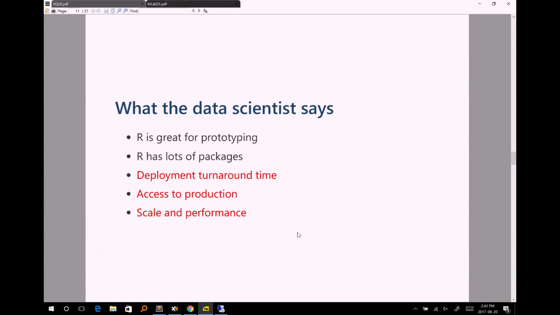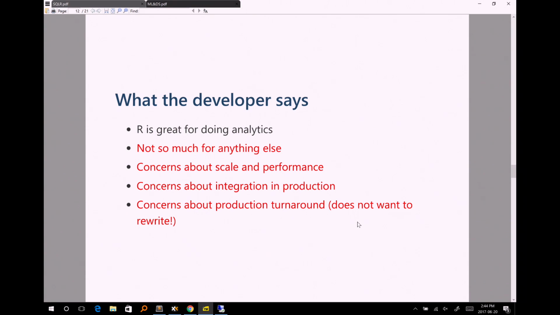But they're concerned. Probably the number one thing they're concerned about is scaling, first of all, because now I don't have data just on my laptop. I have data in remote environments, and the data sets are very large. And the other thing is actually putting this into production, deploying it, right? If we have to deploy a model, what is the turnaround time, and how much does the data scientist have to get involved in that?